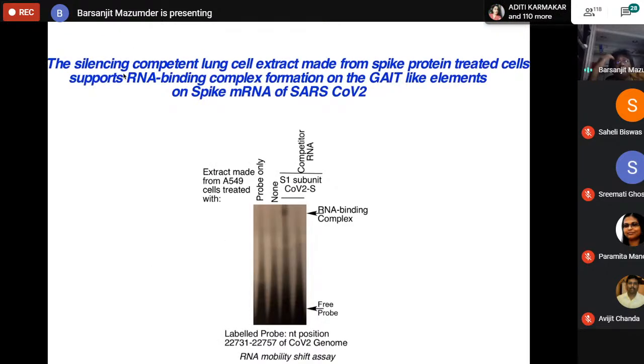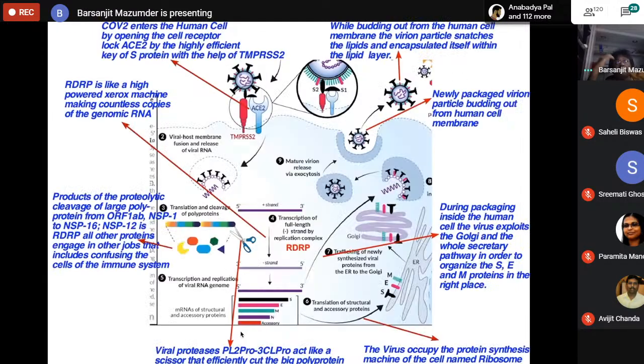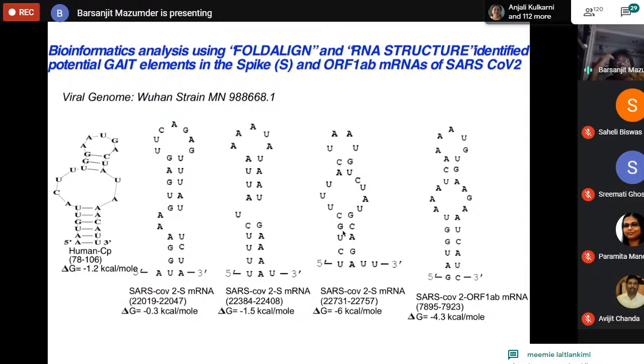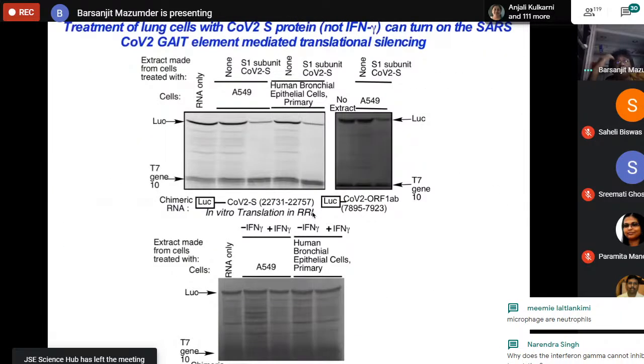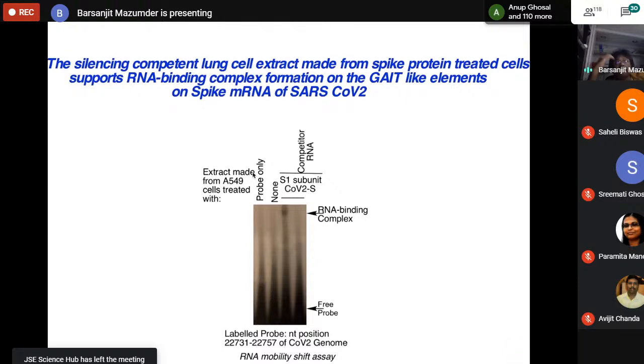So this is the silencing competent lung cell extract made from the spike protein treated cells, and it can support RNA binding complex formation. This is an RNA gel shift assay. We are using the GAIT element from this as a probe, and then incubating this radioactively labeled probe with the cell extract made from either SARS-CoV-2 S protein treated lung cells or untreated